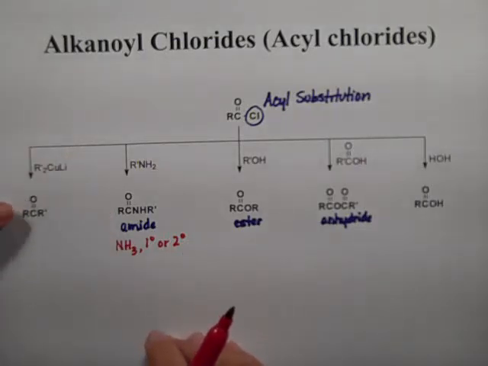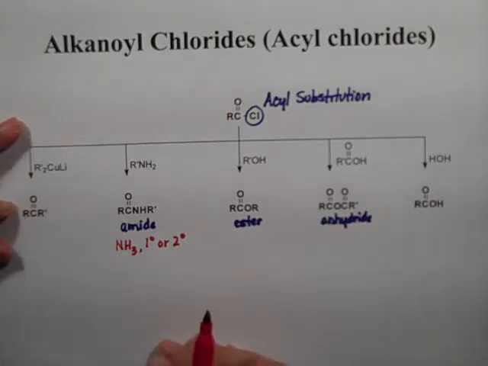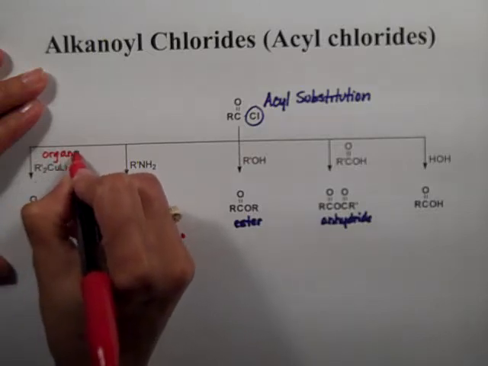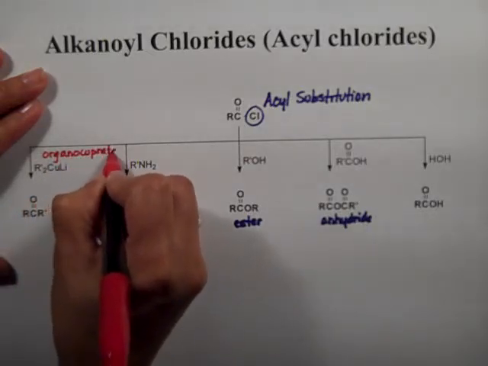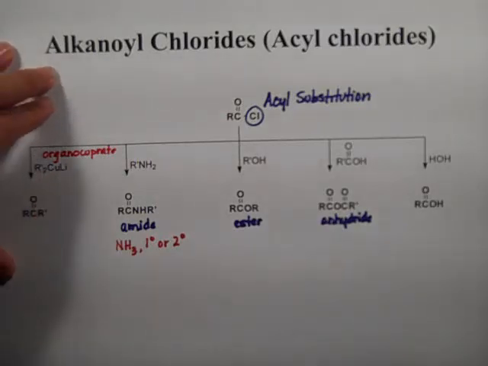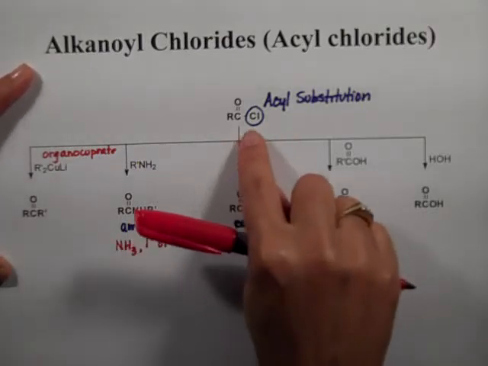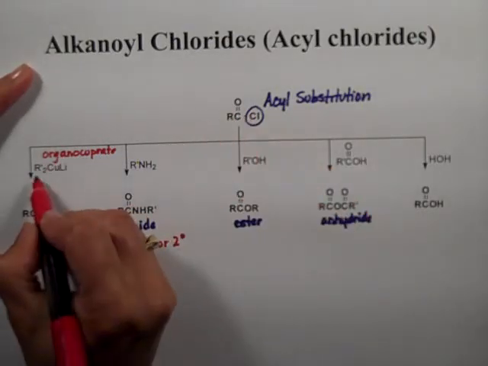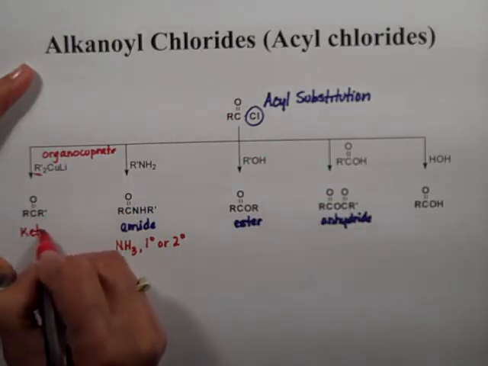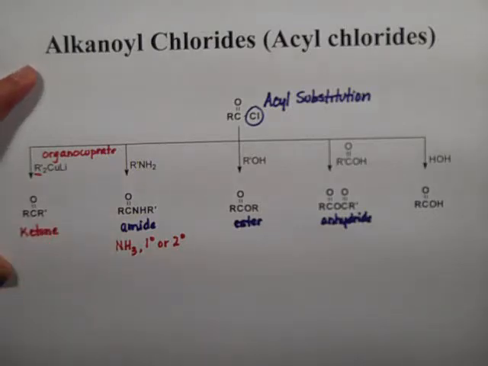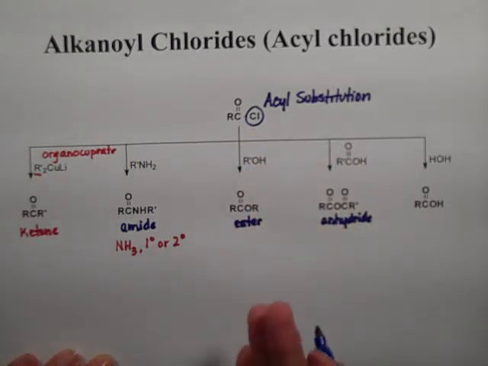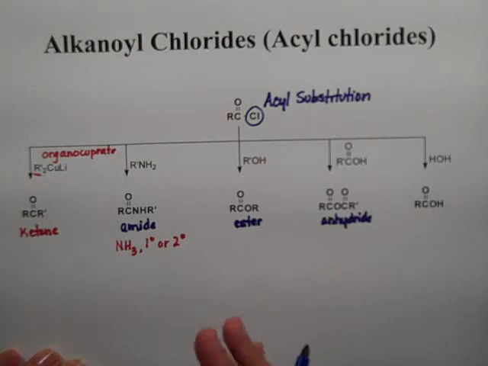Last but not least, this is a good reaction, so I want you to know it very well. This is an organocuprate, and we have seen them before. The organocuprate has two carbon groups attached to a copper, and there's a lithium in there as a counter ion. But notice the reaction. We're going to substitute the chloride for one of the groups on the copper. So we make a ketone out of this. This is a very handy reaction because you can take a carboxylic acid, make it into an acyl chloride, and then you can make whatever